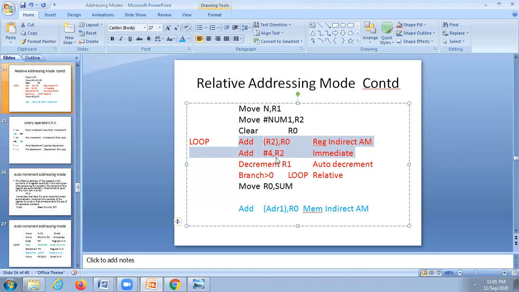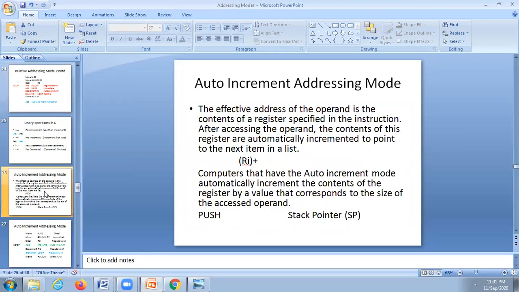Instead of using two, we are using only one. That is the advantage of this. Generally, auto increment and auto decrement are used mostly for stack operations, because they are highly suitable for it. Auto increment is used for push operations.